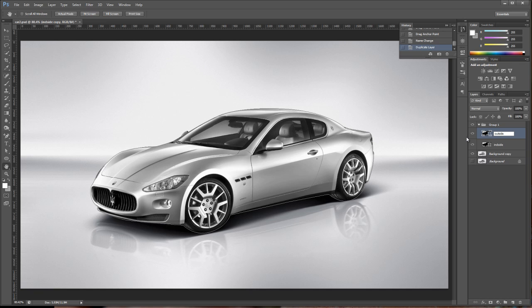And what I'm going to do with this now, and the reason why I duplicated it, is so that I don't have to go and redo all these points here. Now all I'm going to do is drag these ones up here to create the body without the wheels here. So once I've got this done here, I want to make sure I select that layer,